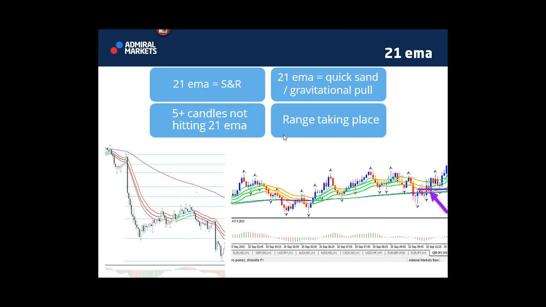All right, so now these are cases where we have a lot of candles below it. Here you can see price didn't really break above the 21 EMA, hardly broke above it at all. Most of the candles were still touching it, so there's no momentum here, right? Here you can see that all these candles are touching the EMAs, or most of them, which means that there's no significant push away from the average, which means that price will use the 21 EMA actually to revert back to it. All right, that's when a range is taking place.